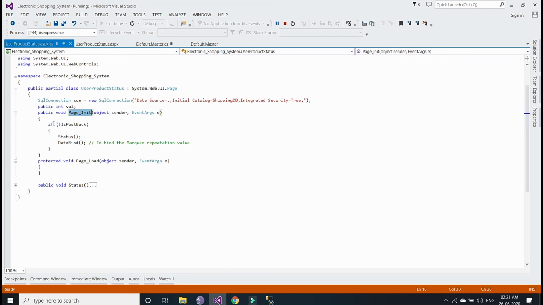Inside this, just before that, I have taken one integer variable, and the important thing is that it should be public. If we haven't provided any access modifier here, that means it is private. But we don't want it private. We want to use or access it in another page. So that's why we have to set it as public. After that,